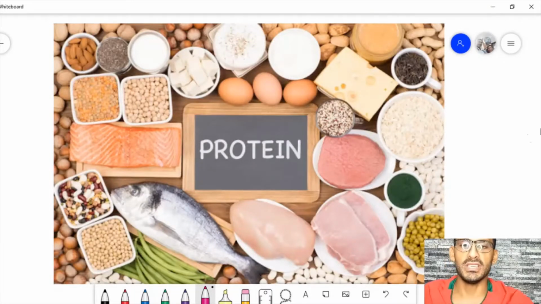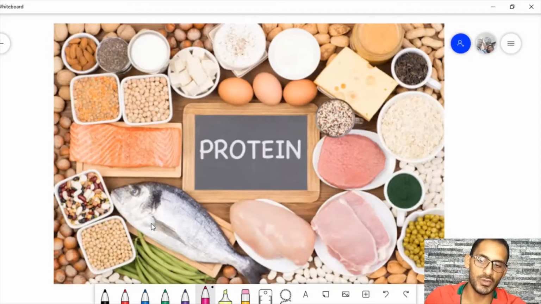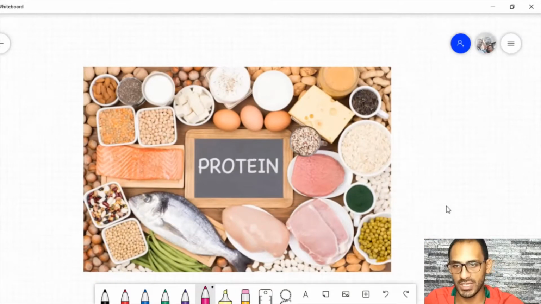So proteins, so important, so nice to be around them. And as you can see there are lots and lots of sources for protein, from the red meat, from the white meat or the poultry, from the fish, eggs, dairy products, some vegetables, especially legumes, nuts, all sorts of stuff that may have protein in them. So what makes protein so important?